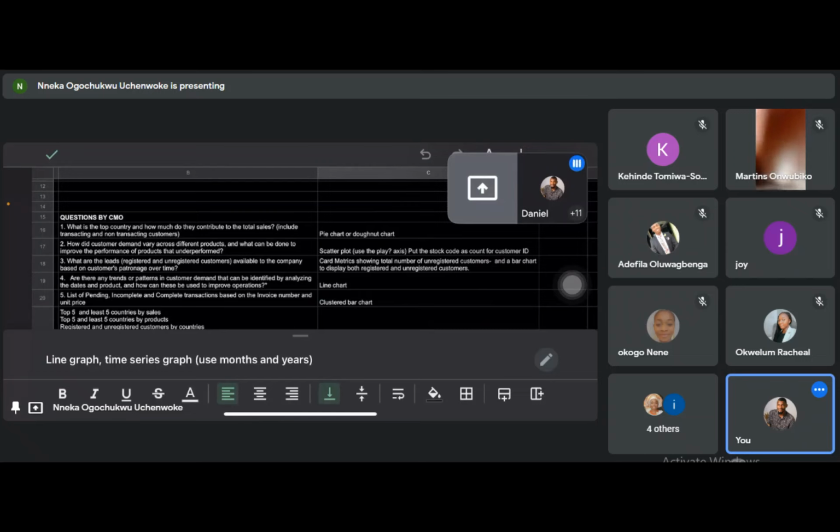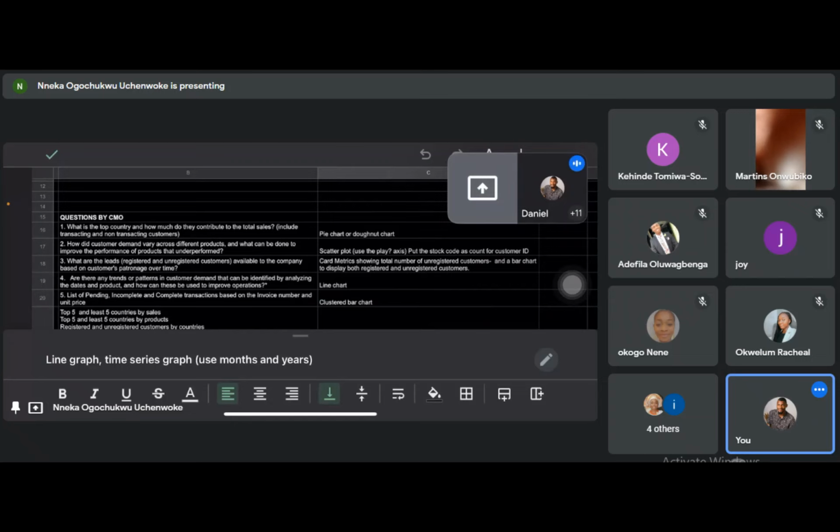Then, are there trends or patterns of customer demand that can be identified by analyzing the dates and products? Okay, trends. Are there any trends or patterns in customer demand that can be analyzed? Since there is no more information concerning this, here you would like dates. You bring the dates, then